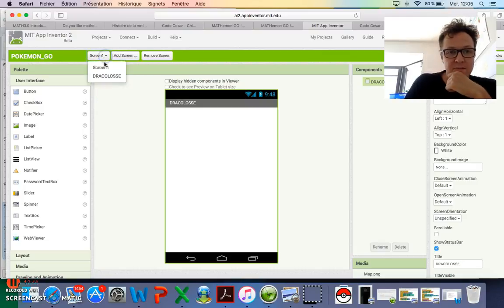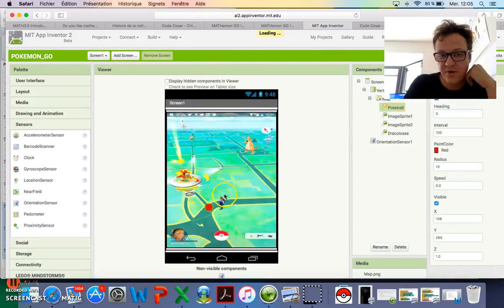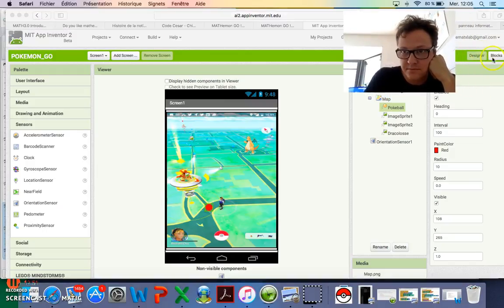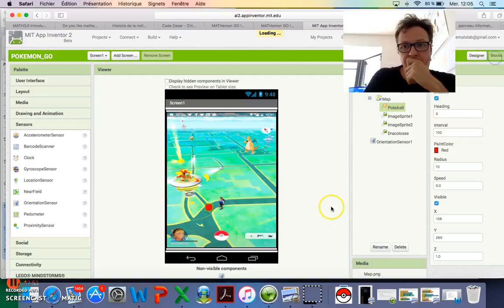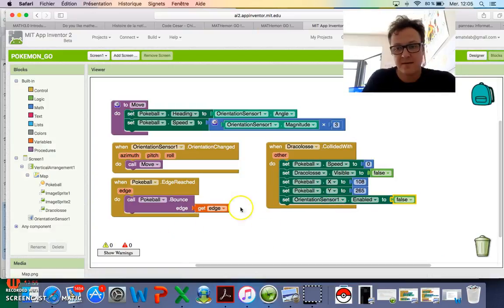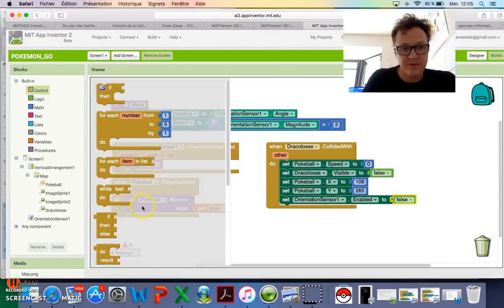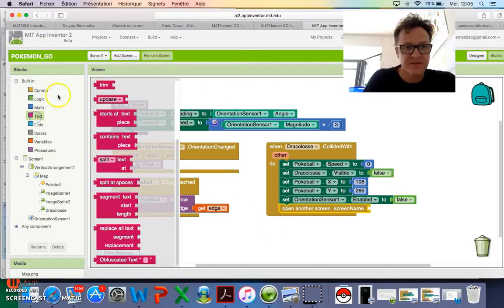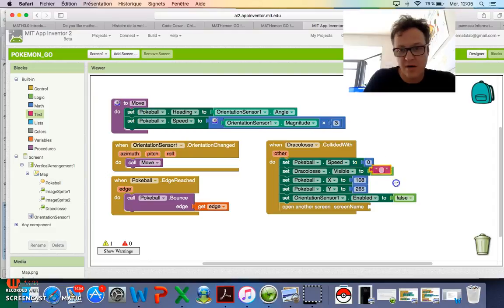Okay, so let's go back to this first screen and open a new screen. You can find it in control, open another screen, and you can use text to set up the name of the new screen, which is called Draculus.